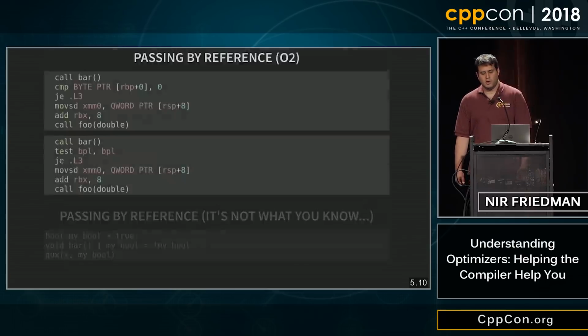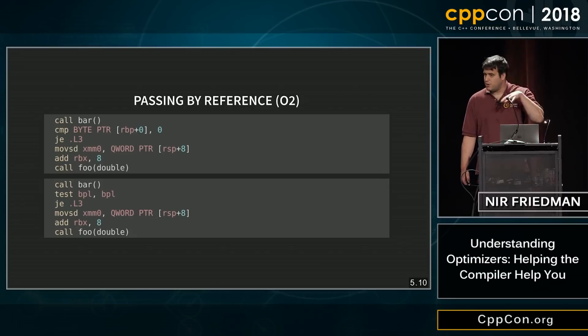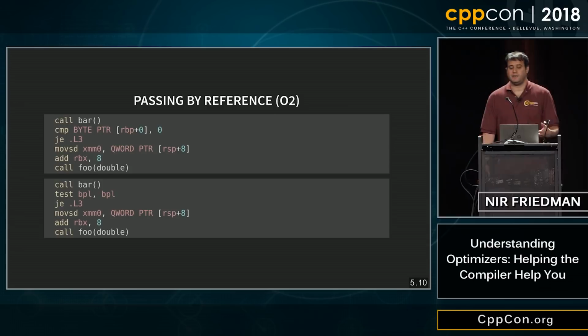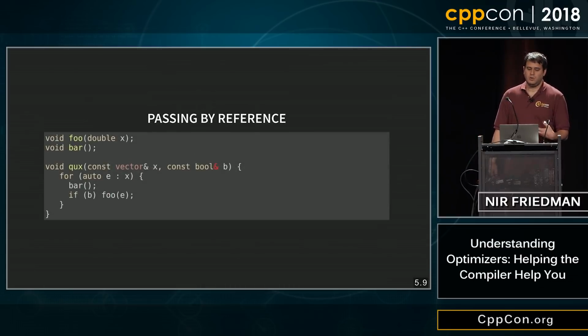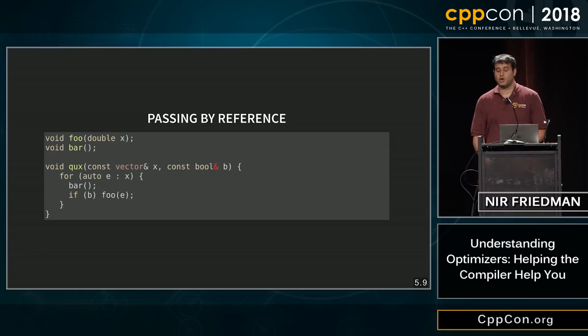So, actually, let me take a step back. The difference in this assembly is quite small in practical terms. But there are other optimizations that you can do that are important. So for instance, in this code, which is quite small, one thing the compiler could do is take the branch out of the for loop, right? So in other words, it could have the branch at the beginning, and then it could have one loop that only calls bar and one loop that calls both bar and foo.